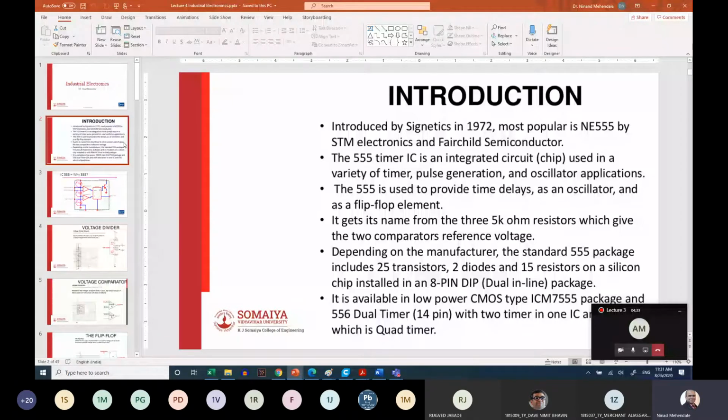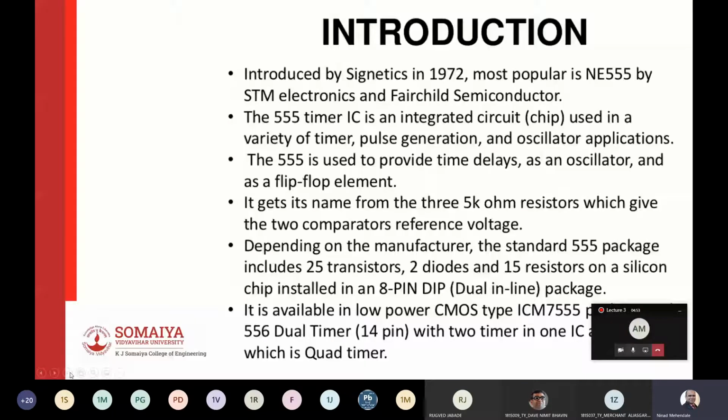So in 1972, there was a lot of need for timers, and some person came out with the idea of building a timer using an op-amp, because anyways op-amp has this habit of going into saturation because of its high gain, and why not find a way to put it into plus V sat or minus V sat based on the timing using a capacitor. So remember, capacitor charging time